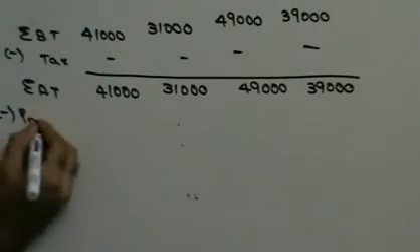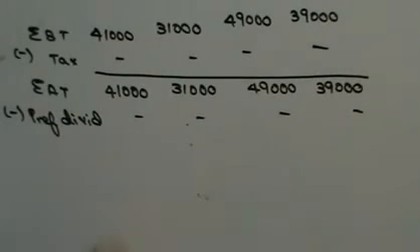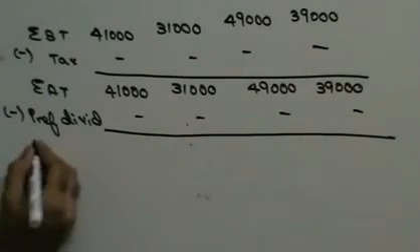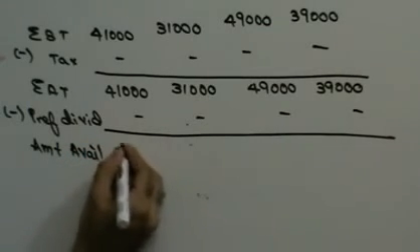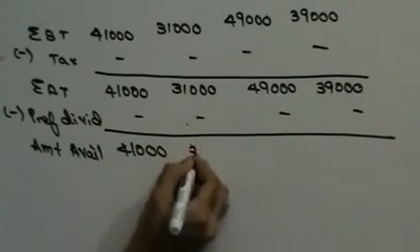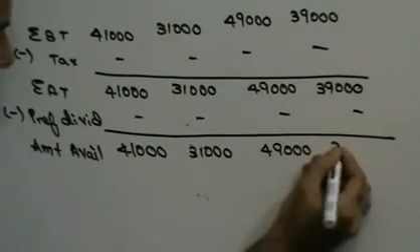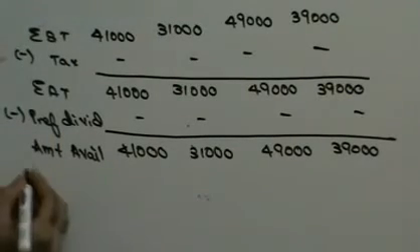Wait, before that you need to know the preference dividend. Preference dividend is not given to you. There are no preference shareholders. The sum doesn't show you any preference shareholders. So in which case, this will give you your amount available: 41,000, 31,000, 49,000, 39,000. Divided by